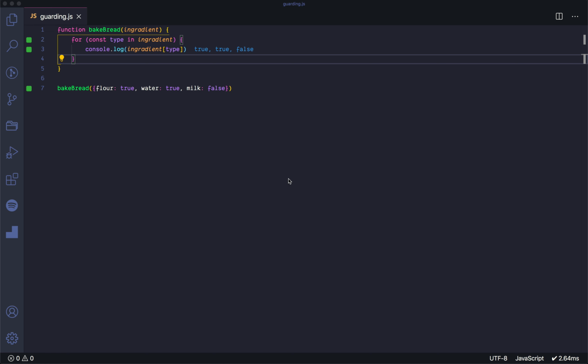In today's tutorial, I'll be talking about JavaScript guarding, or guard. And what is JavaScript guarding? Well, to explain what JavaScript guarding is, I'd like to first take you through an